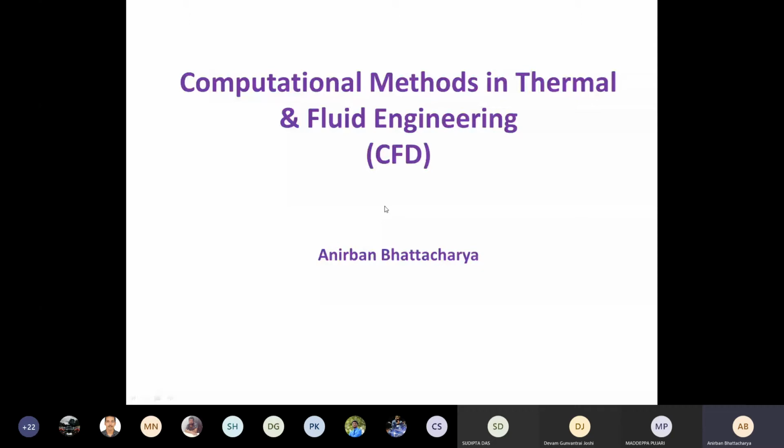Most of the jobs, particularly for MTech students, even for dual degree students who are also MTech students, will be in this area for thermal students: the CFD area. Most companies in India hire for CFD related problems for thermal students, or for some thermal heat transfer design problems like 1D calculations and other calculations.